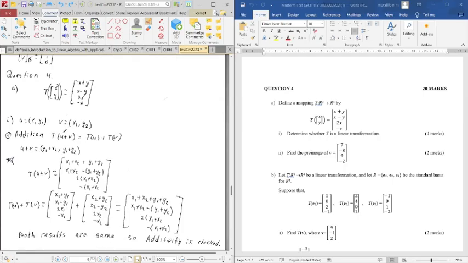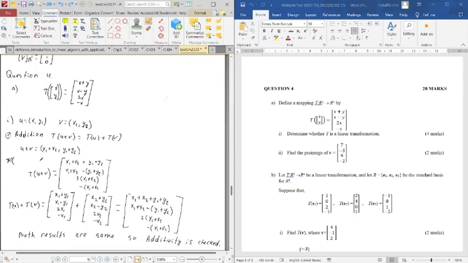So to check if it's a linear transformation, we need to check two rules. First, if it is closed under addition. So to check this, we need to make sure that transformation of u plus v equals to transformation of u plus transformation of v. So to calculate here, we just